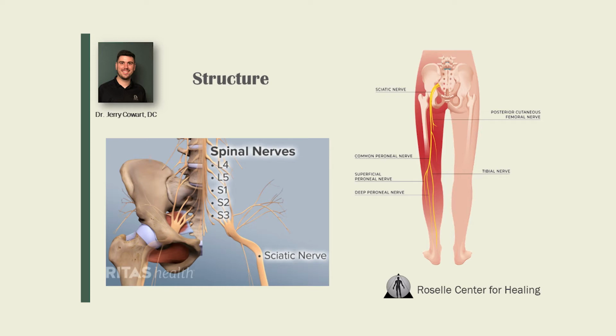So if you look over at the next picture here, you can see a better idea of what we call the sciatic nerve distribution area, like what we talked about before. So you can see, if you look really close, there are small nerves coming from the low back and sacrum, and they come together and form that sciatic nerve. And then as you follow it down, you see where it branches and it branches and it branches. If you go down to about where the knee is located, you can see where it really branches off into two main nerves, your tibial nerve and your deep peroneal.